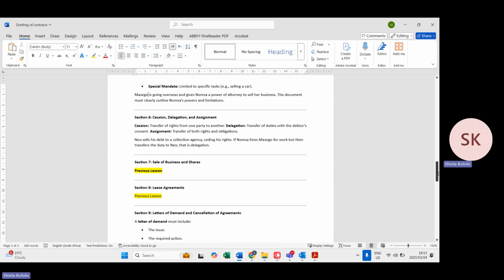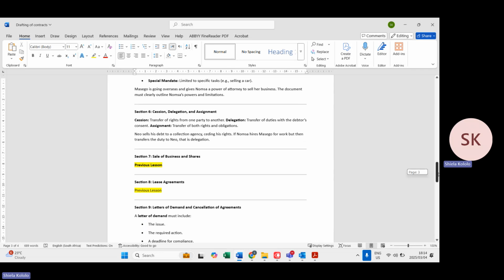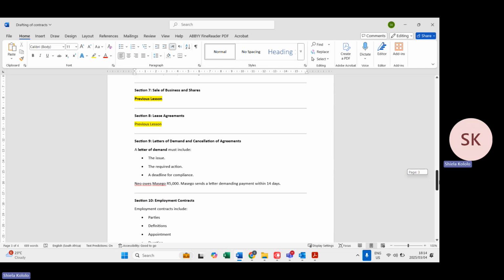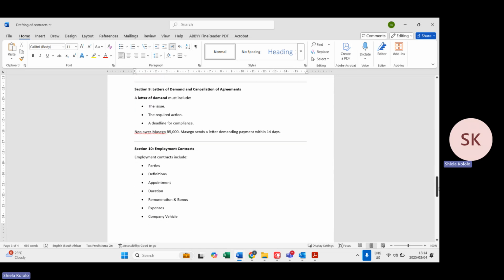So Neo sells his debt to a collection agency, ceding his right. If Nomsa hires Masejo for work, but then transfers the duty to Neo, that is a delegation. So, sale of a business in shares, we did it. Lease agreement, we did it. And then a letter of demand and cancellation of an agreement. So a letter of demand, you're basically